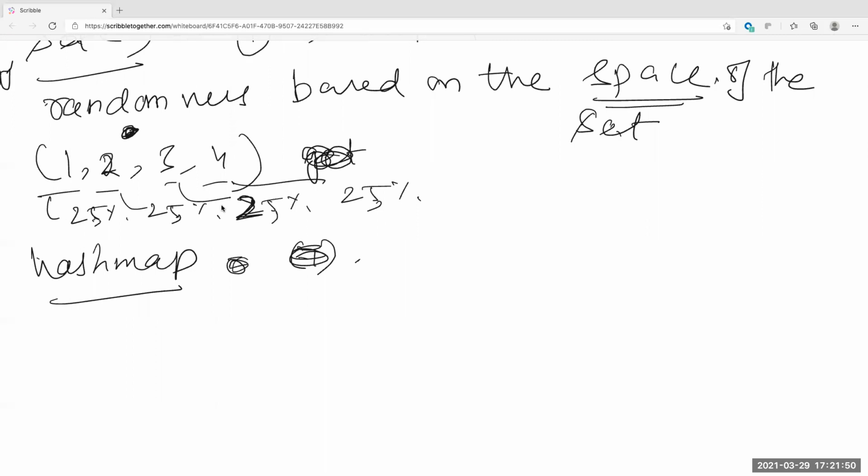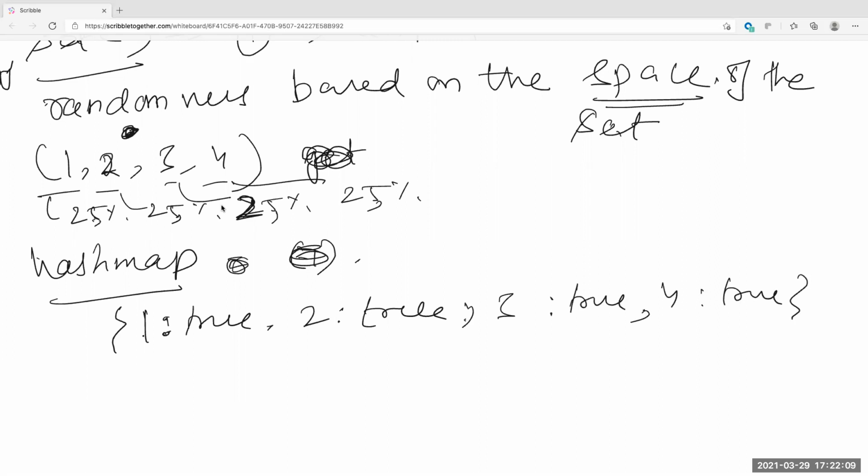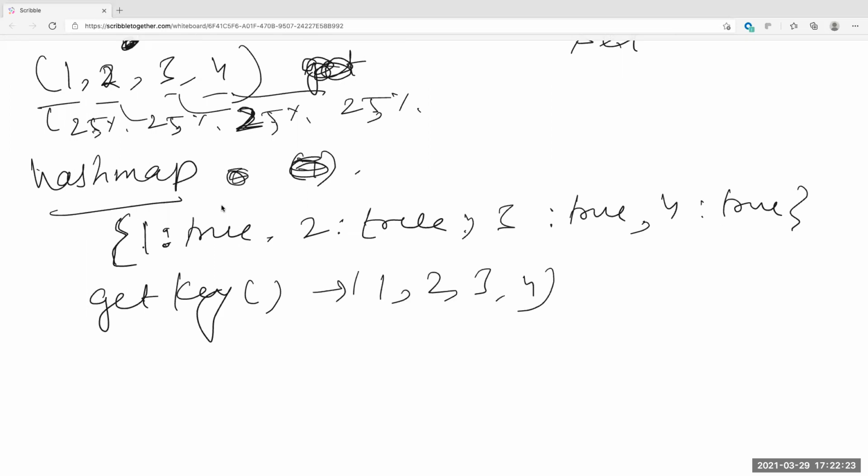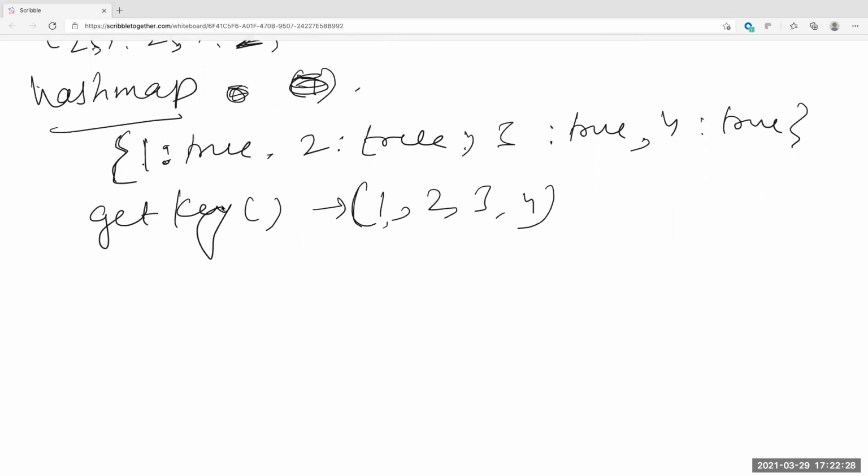If I do hash map dot keys, it gets me an array, which is a list of all the keys. Wait, one second. The hash map has keys and values, like 2 and 2, 3 and 2, like this. Is that what you're saying? Yes. Usually a hash map has a method which lets you get the keys, and that returns an array. If I have that array, I can randomly pick based on the length.